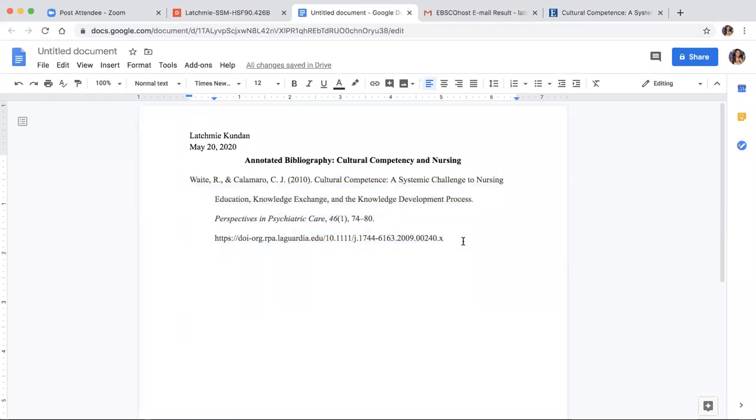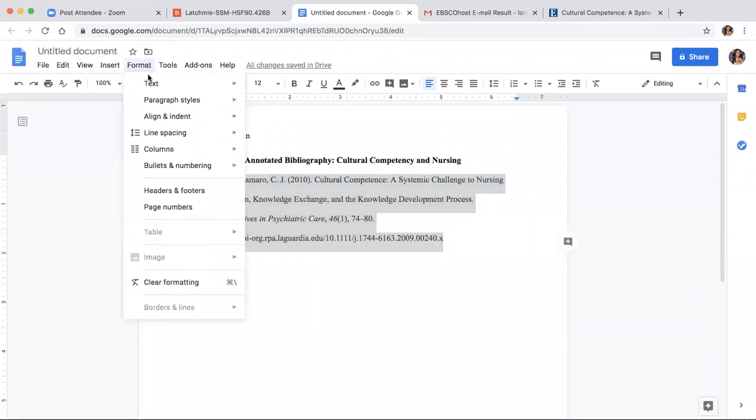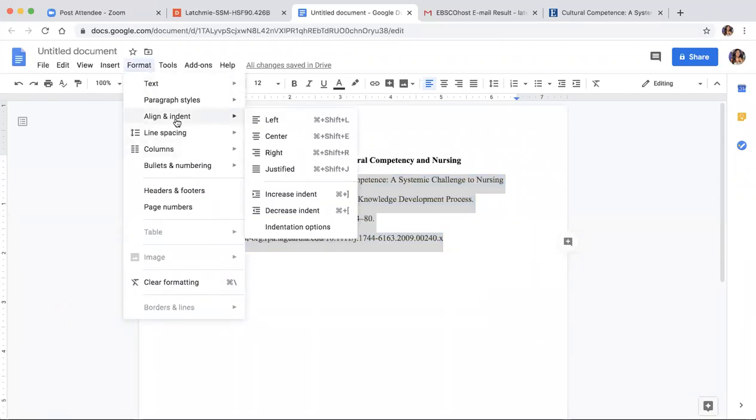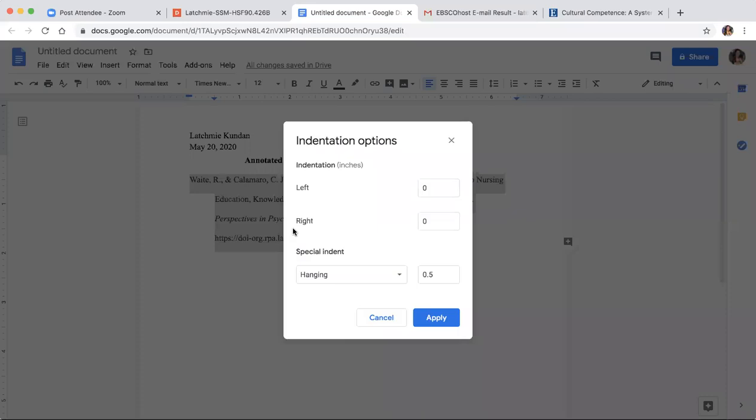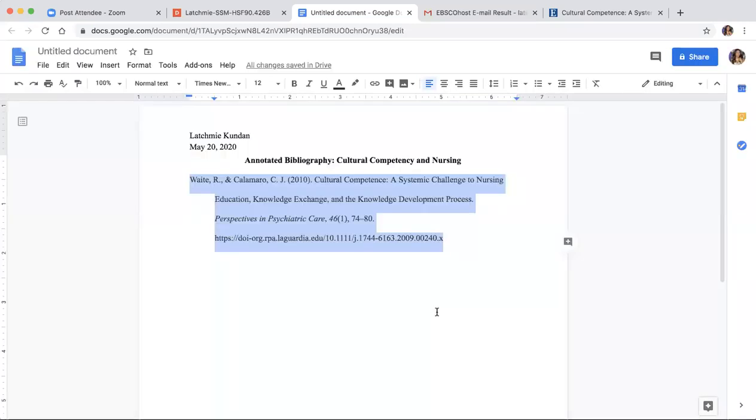I'm just gonna go over that really quickly because that was kind of fast. So I just highlighted everything. I'm gonna go to format, align and indent, indentation options. And then I'm gonna do special indent and I'm gonna click on hanging. And automatically it should say 0.5 and then apply. So then once we have that, what we're going to do is go back to our